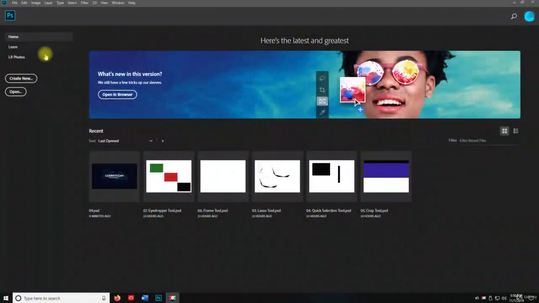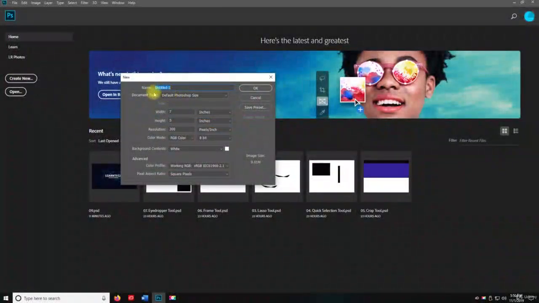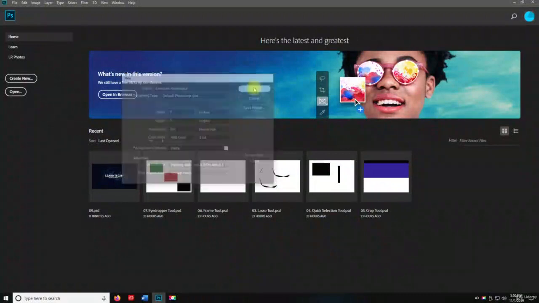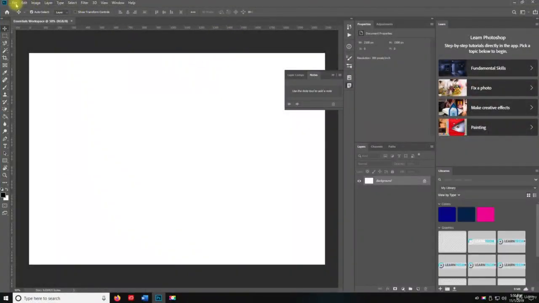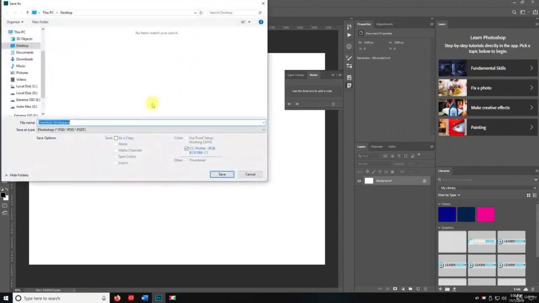So let's go into Photoshop here. I'm in the welcome page in Photoshop, so I'm going to click on Create New. And I'm going to select the default Photoshop size. And I want you to name this file Essentials Workspace. Hit OK for me. And then what I want you to do is go to File, Save As, and we're